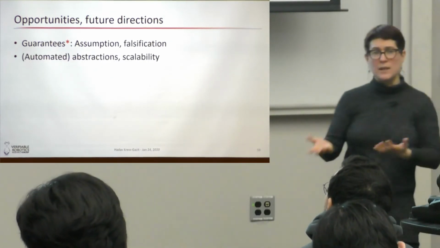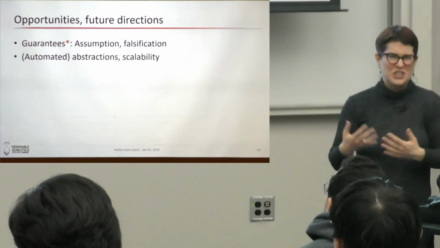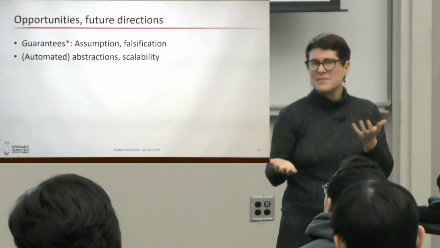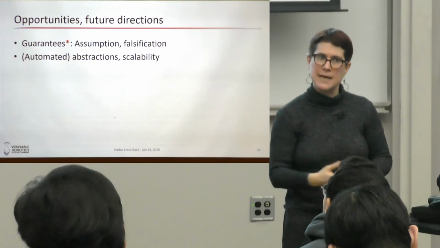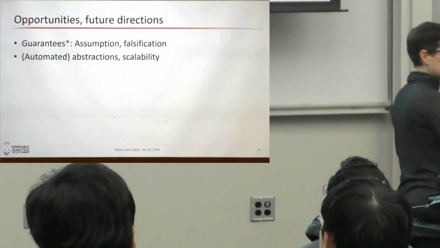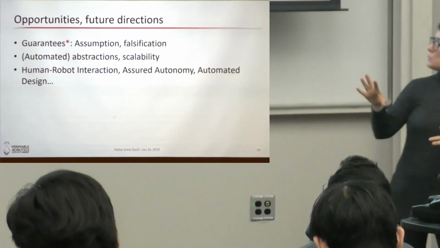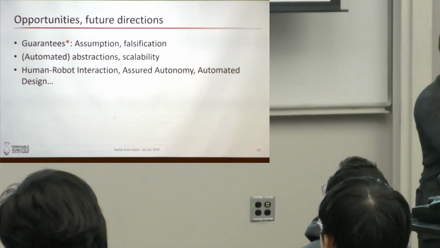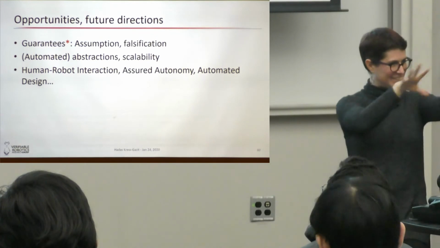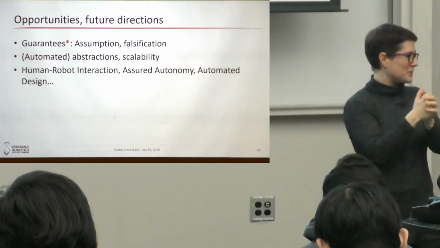Questions of abstractions and scalability are always interesting. Is there a general way to create abstractions? I'm skeptical, but maybe we can look at classes of systems and classes of tasks. That makes sense. And we can apply these ideas to many different domains. I'm really excited about especially the HRI aspect of it. This is an area where I need to talk to people a little bit more.